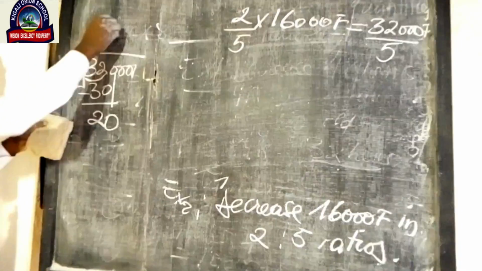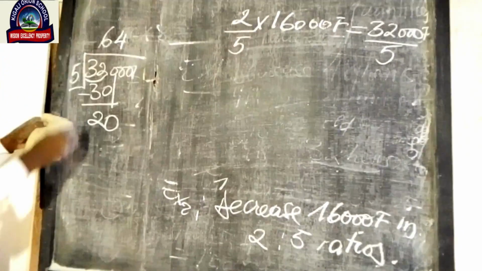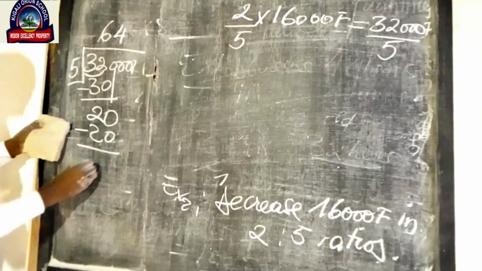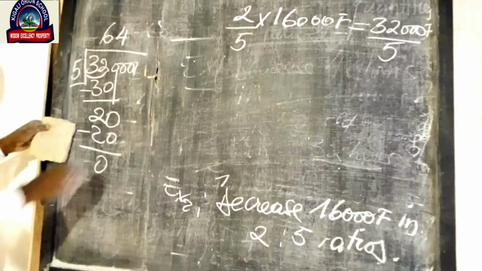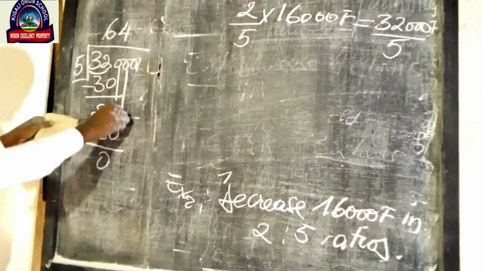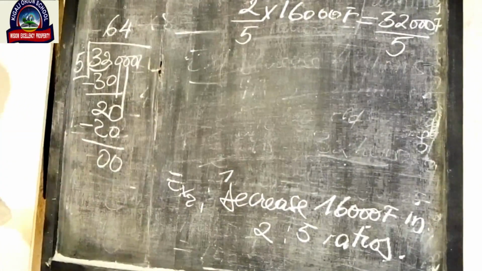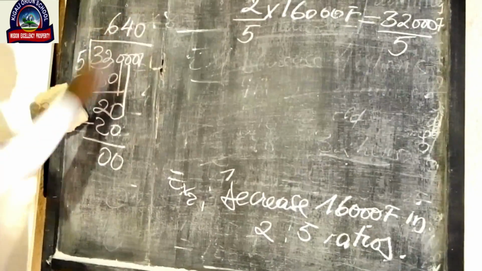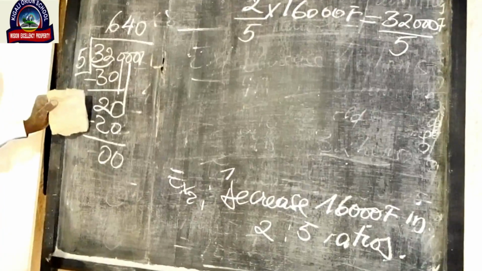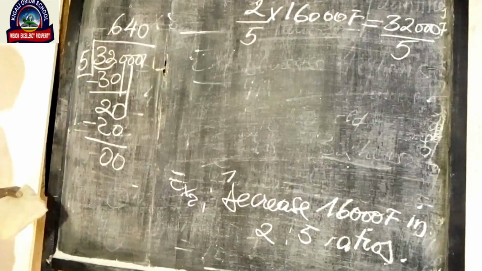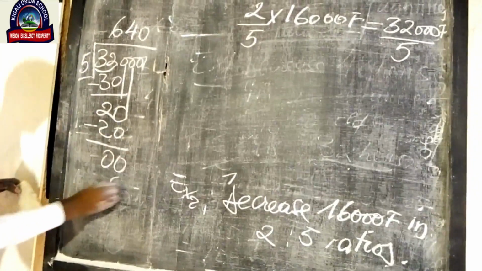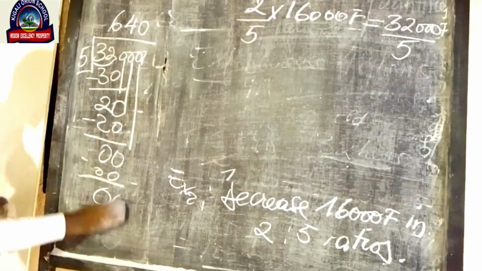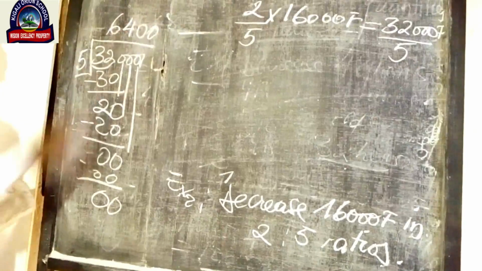Up, I put 4. 4 times 5, I get 20. Subtract, I get 0. I bring down this 0. There up I put 0. Then I subtract, I get 0. Then I bring down the last 0. Up I put 0. So my answer is